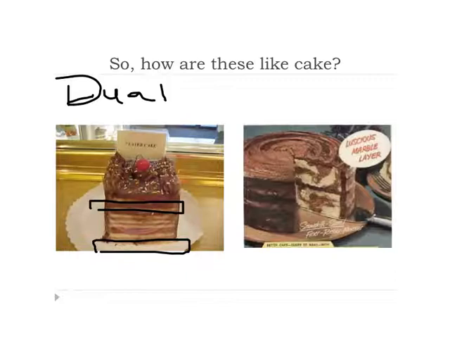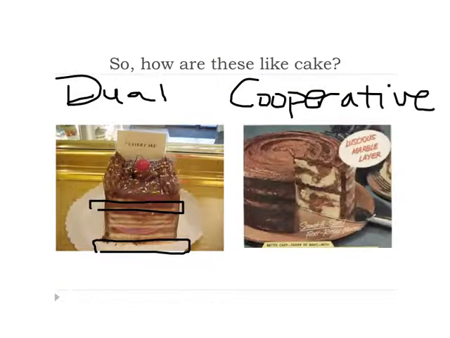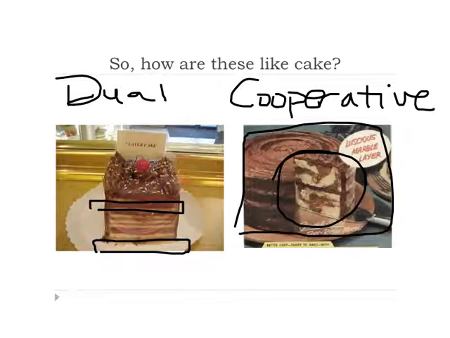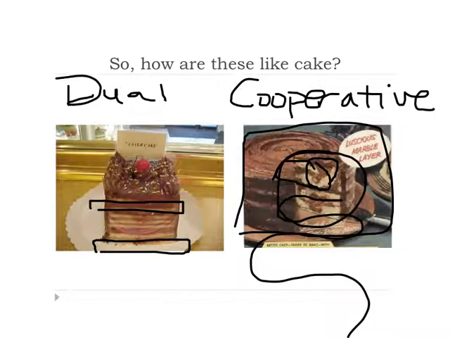Okay, on the right, we have cooperative federalism. This one's more like a marble cake, and you notice how the layers swirl together. You still have the frosting on the outside, which I think of as the federal government, and so it's still supreme, but inside you have that swirling mix, and it's not predictable. And so in some areas the states are more powerful, or they're in control of things. In some, the national government is in power and control of things, and they just kind of swirl together. Okay? Hopefully that's clear.